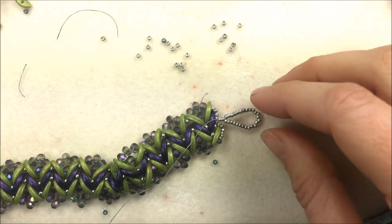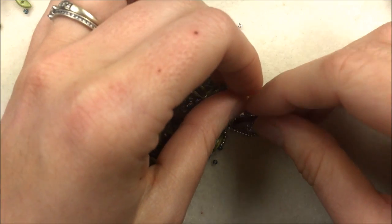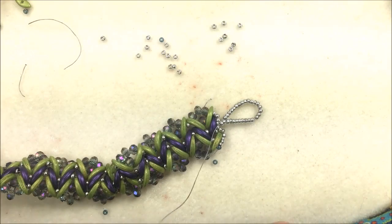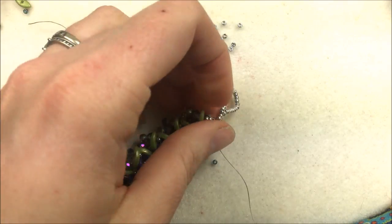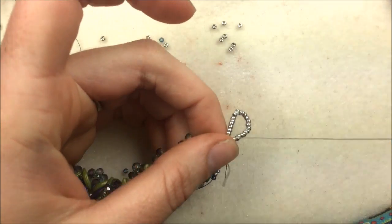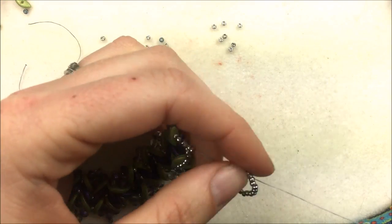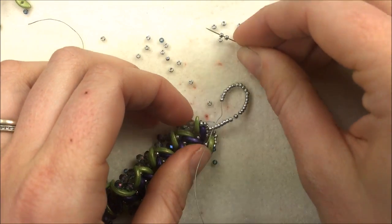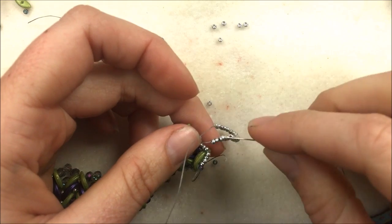Pull that loop closed. I'm just going to measure my faceted button here to make sure it's going to fit through that loop. I'm going to add 1 more. Took off too many. I'm going to add 2 beads back in here. Again, so down through those 2